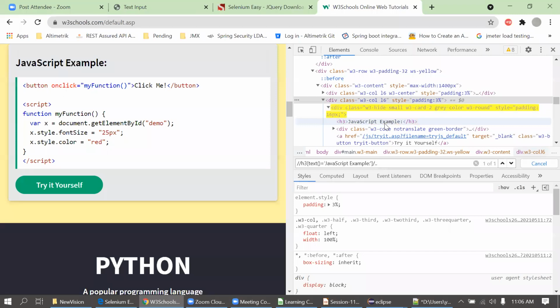Basically, all things are being done by this double slash and forward slash. This double slash means anywhere in the DOM, right? Yes, anywhere. And the single slash means immediate, standing in the current position. You are in the JavaScript example position, and you are using a single slash means